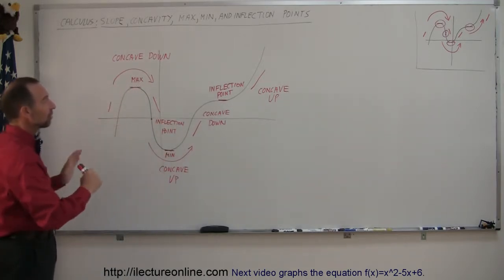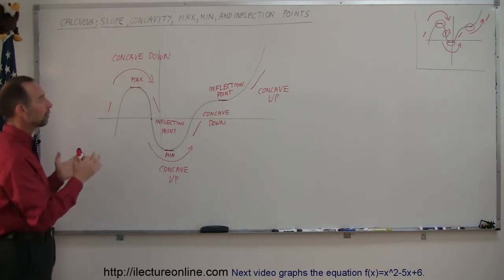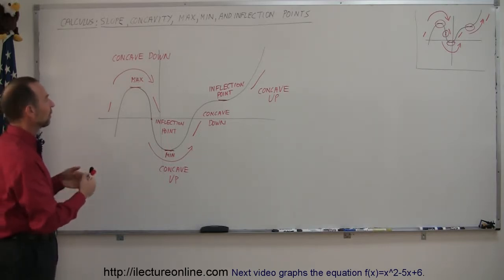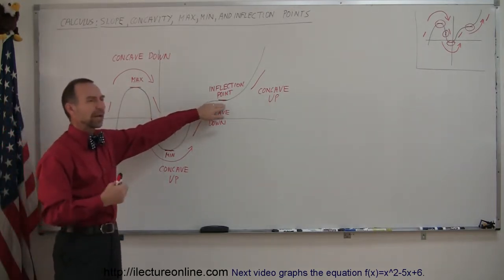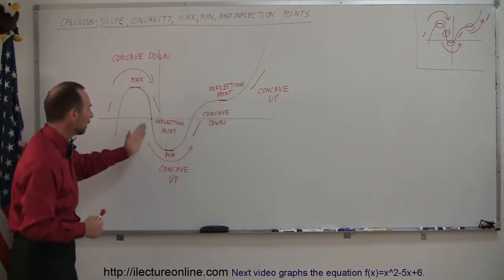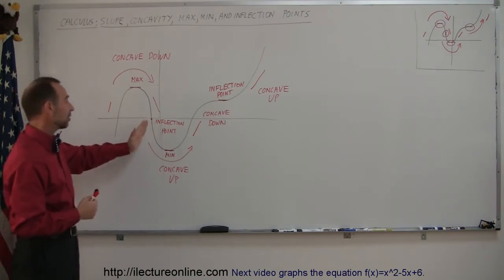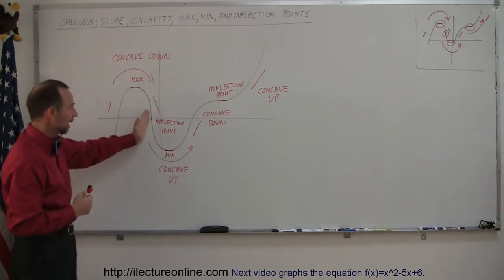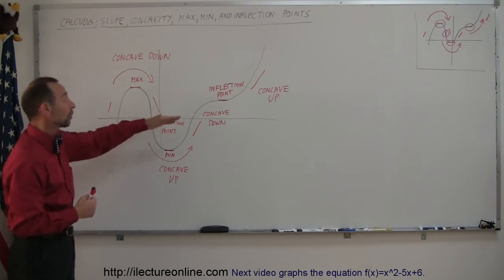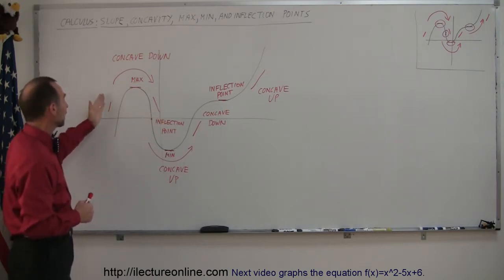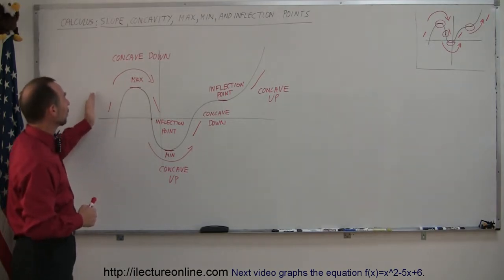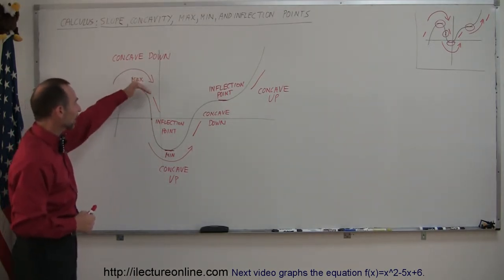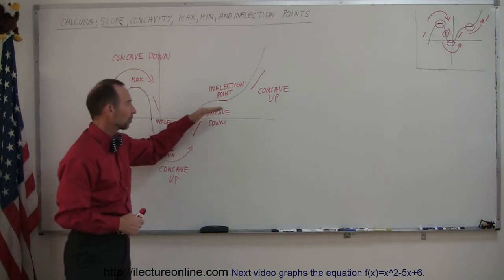So this at least gives you a pretty good feel of what we're trying to do when we try to evaluate a curve, when we're looking for maximum points, minimum points, inflection points. This is what I would call a horizontal inflection point. This is a non-horizontal. I tend to call them vertical inflection points, even though they're not exactly vertical, but they're not horizontal. We also need to figure out how to find where the slope is positive, where the slope is negative. We also need to find out where the curves are concave down and where the curves are concave up. So concave up,